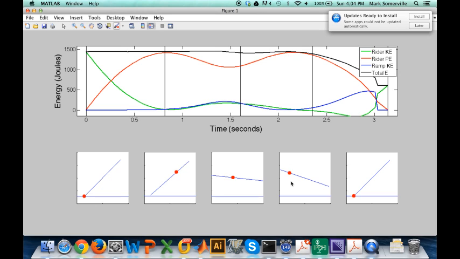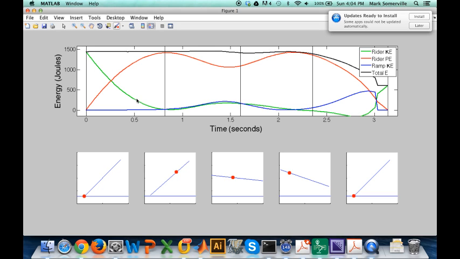The ramp lifts the rider back up, and then finally the potential energy of the rider drops down here, and then you've got this bit of a blip at the end when the ramp hits the ground. On the other hand, if we look at the kinetic energy, you can see the kinetic energy actually starts out high, right? The rider is moving up the ramp initially.